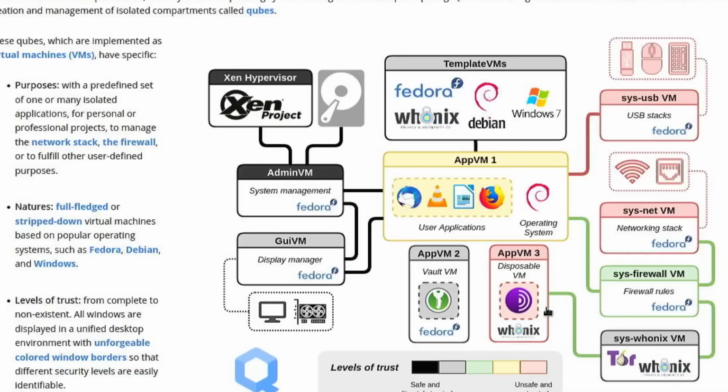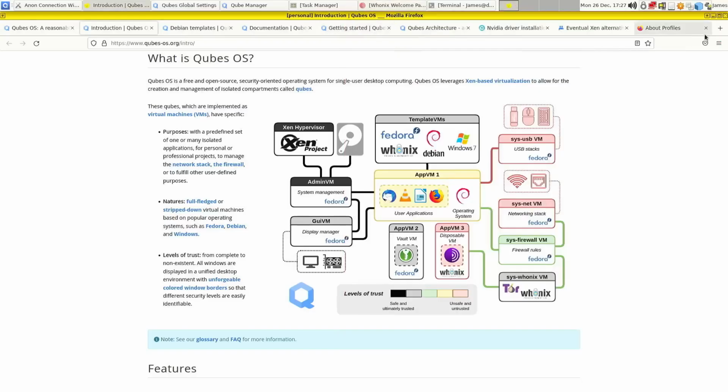So Whonix, I've shown this before on KVM because you can also do Whonix on KVM. You have a separate virtual machine that acts as a Tor gateway. And then you have the Whonix virtual machine, which Tor is running in here. That's the same thing that's going on here. The entire network stack for this virtual machine is sent through the gateway, so that's kind of acting like a router for it. Then all of that's going through this firewall VM, and then it's going through sys-net. So then you have three virtual machines of separation for the network whenever you're using Whonix on Qubes OS.